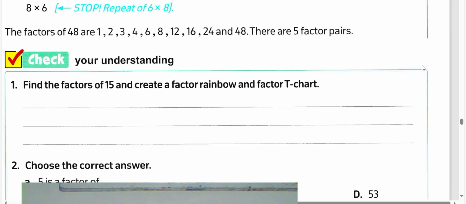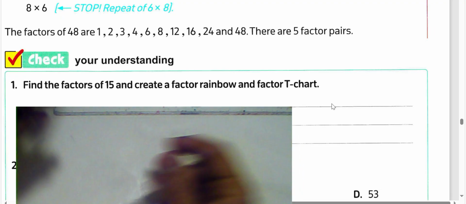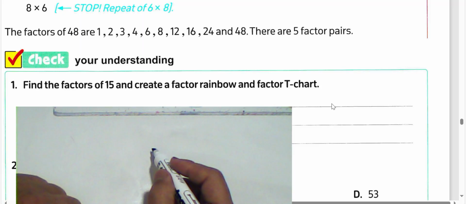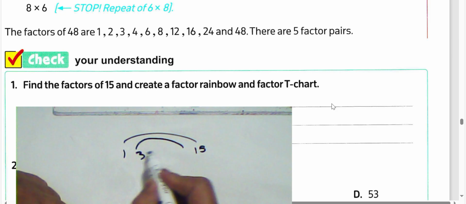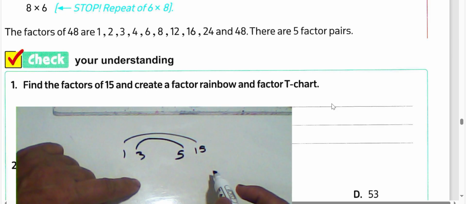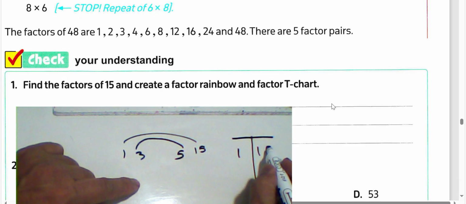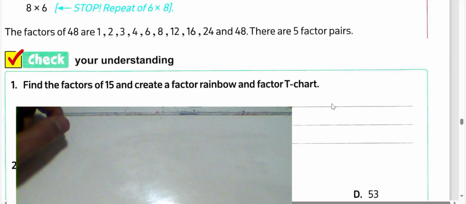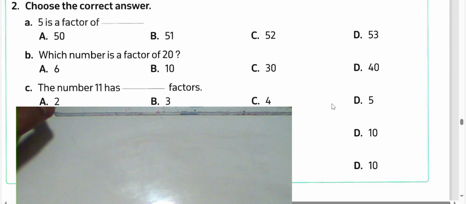Find the factors of 15 and create a factor rainbow and chart. We have 15 here, 1 times 15 and also 3 times 5. We call this a factor rainbow, and a factor T-chart like this. In the T-chart, we know 1 times 15 and 3 times 5, so we have two methods here. Okay,